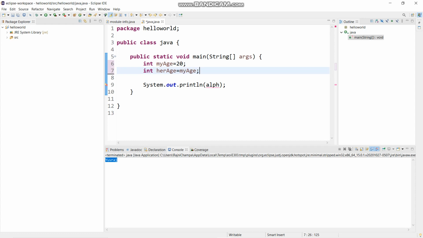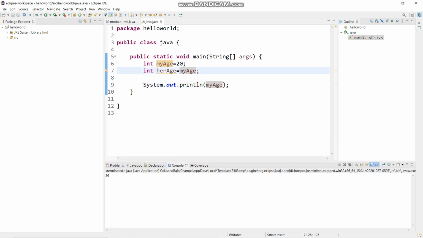So let us move forward to another type, that is reference type. So I am taking a class. Here we learned from the primitive type how to store single values like int, long and character. If we want to store complex values, we need to use reference types like date objects or mail messages. In Java we have 8 primitive types. All other types are reference types. So in this program I have taken a primitive type first, int myAge equals 20.